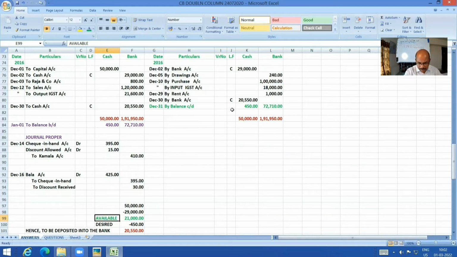Obviously, if you balance the cash column, you'll get 450. In the bank column, I find the debit side is 1,90,950, and that is the larger side, having more balance. And put it here. There's a balance of this one. I indicated both as balance carried on. That's the balance your dear author has also agreed to. Okay, next day obviously you bring it down.